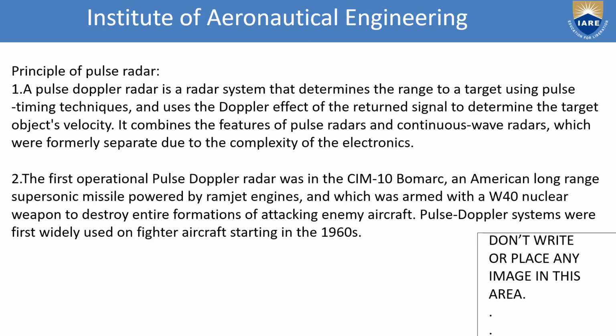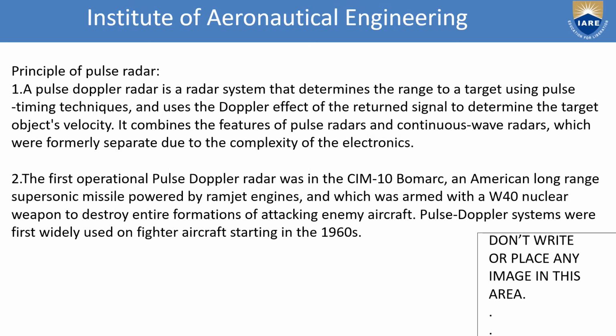Principle of Pulse Radar. A pulse Doppler radar is a radar system that determines the range to a target using pulse timing techniques and uses the Doppler effect of the return signal to determine the target object's velocity. It combines the features of pulse radars and continuous wave radars, which were formerly separate due to the complexity of